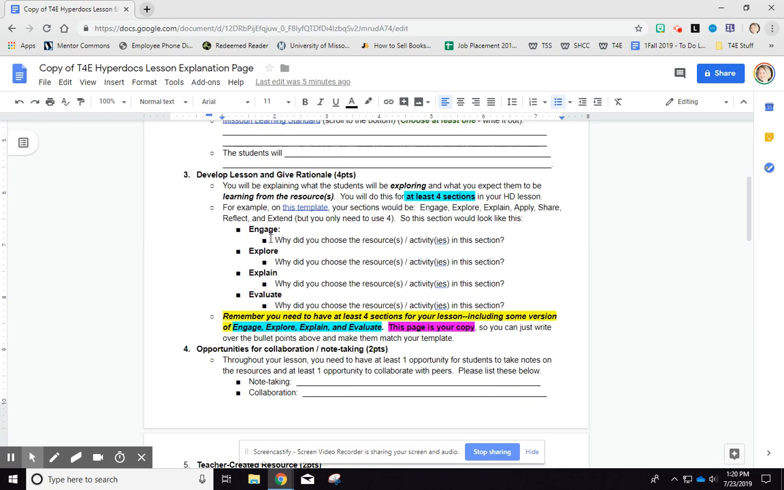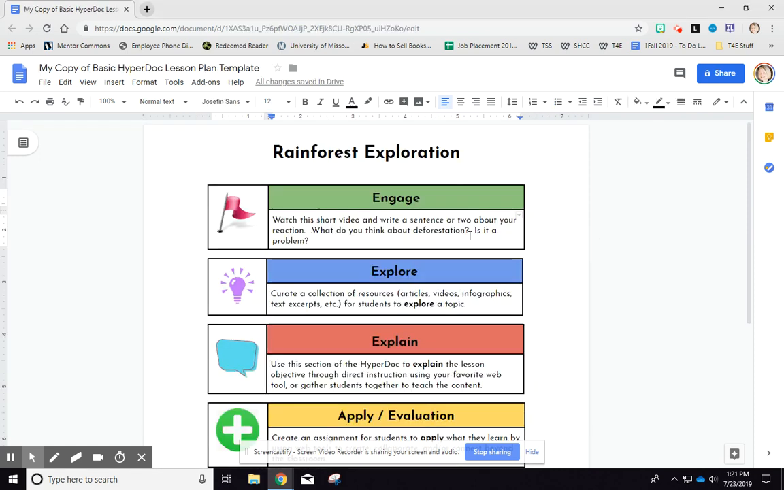And so then back over here, after you have put a resource there, you've given them a job to do by thinking about those things and writing the response. Then you're going to come back over here and tell me, why did you choose the resource and the activities in this section? In other words, what do these things allow your students to do? So this one could be,